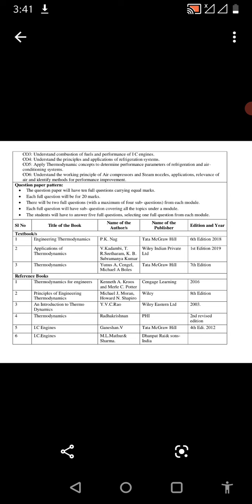But I can ensure you, if you learn this subject, you will enjoy learning this subject, and this has got utility for a lifetime. Like IC engines, you can see anywhere, for the past 100 years IC engines are very common. So similarly, gas turbines, steam turbines, air compressors, steam nozzles, all these things, they are having real life application and you will really enjoy.